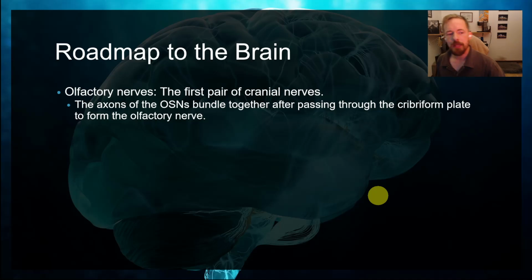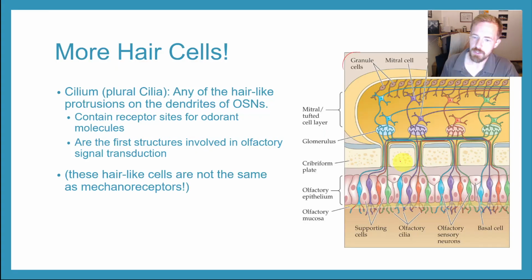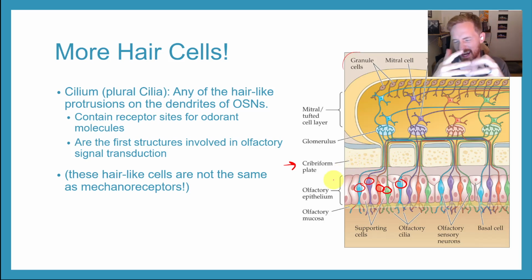So from there, we're going to go to the olfactory nerve, which is what you're seeing right here. So we have the OSNs, these olfactory sensory neurons. They are going to communicate their findings up through this cribriform plate. So it's going to go through this very porous kind of cartilage that is very easy to break. And I should also point out, these right here, this is the olfactory nerves.